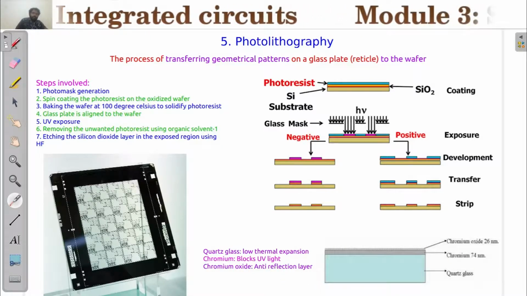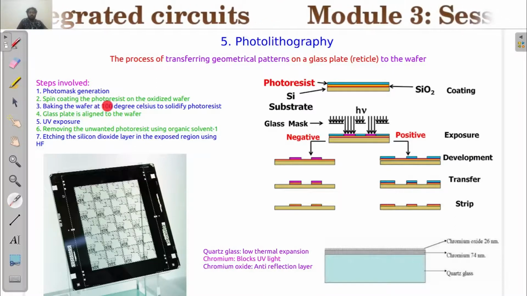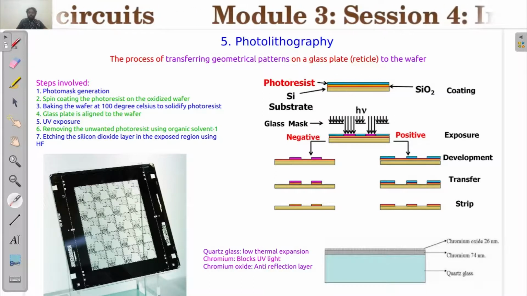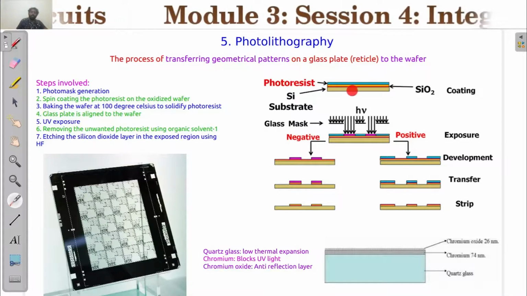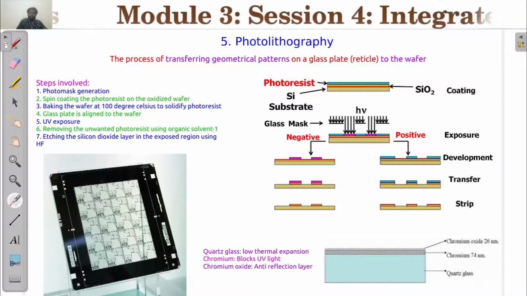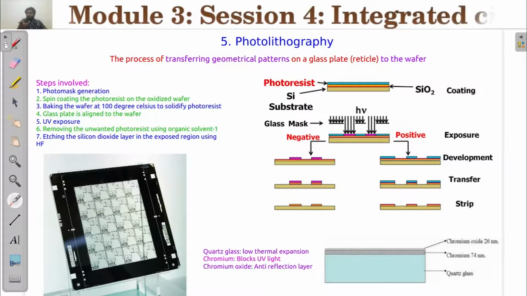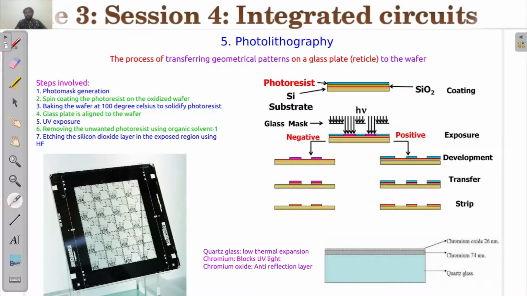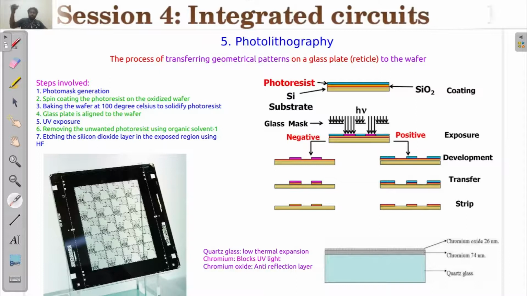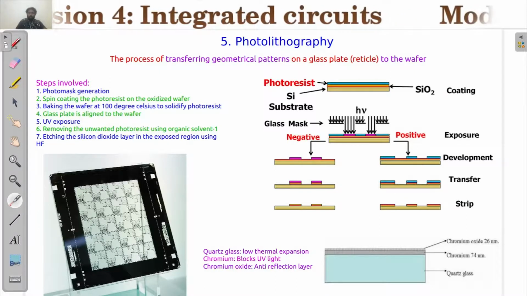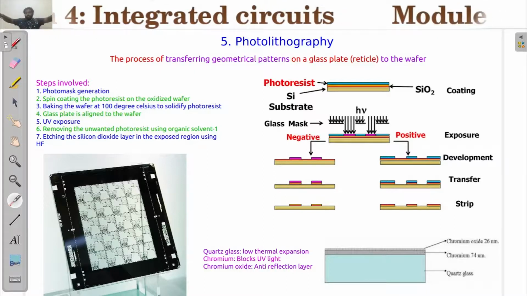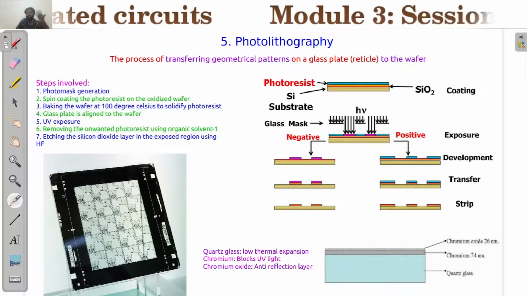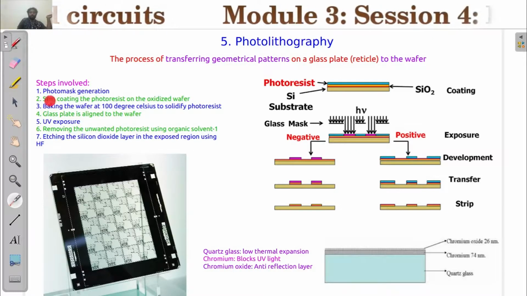So you have this photo mask first. The second thing is spin coating of the photoresist on the oxidized wafer. So you will be oxidizing the wafer. Here you can see a silicon and silicon dioxide layer, and on top of that you will be putting some photoresist, and the entire wafer will be kept on a turning table. That turntable will be rotating at 5000 rpm or so. During that rotation we will be pouring some amount of photoresist on top of it, and that photoresist will be spreading all throughout the surface of the wafer, and it gets a very thin layer of photoresist. That is what is called spin coating.